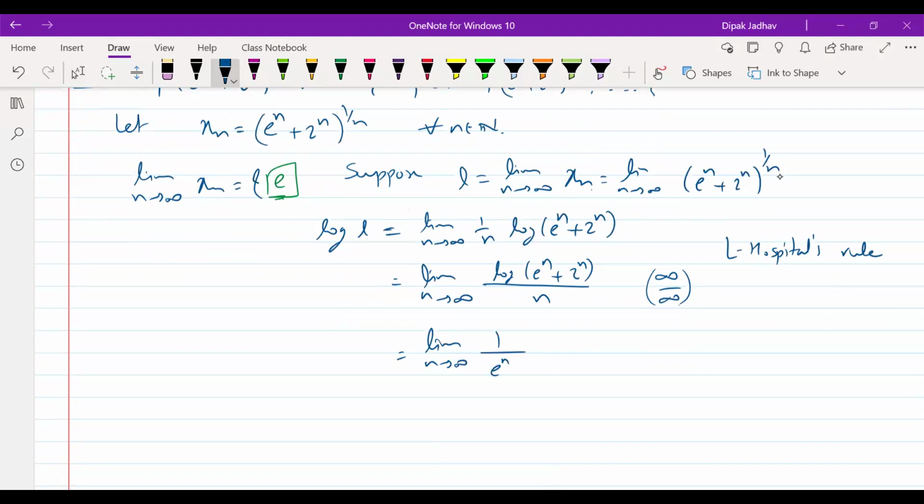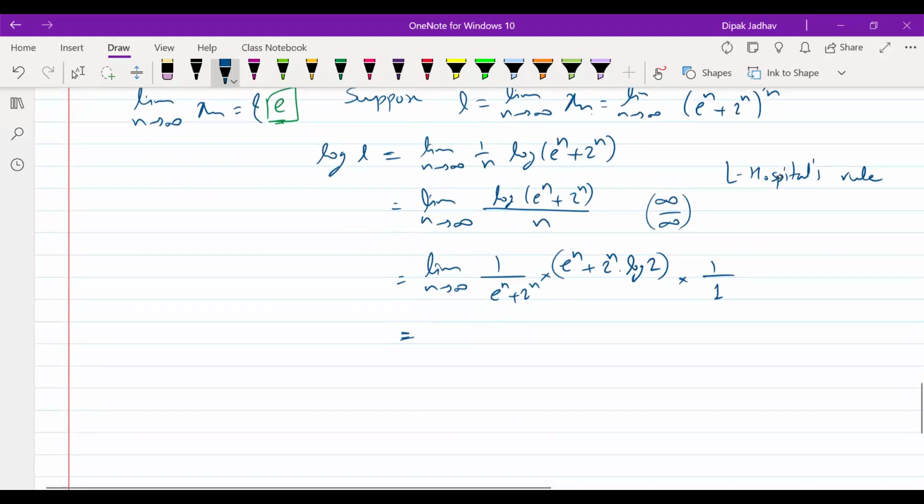You differentiate the numerator, and then you differentiate the denominator. The derivative of the denominator is 1. We are differentiating with respect to the variable, and the variable is n. So here we get something like this: (e^n + 2^n log 2) upon (e^n + 2^n). Then as usual, the trick which we have already seen in the first problem,